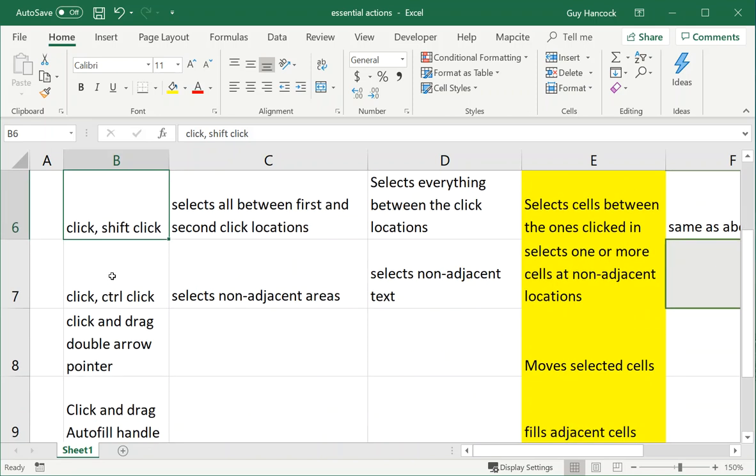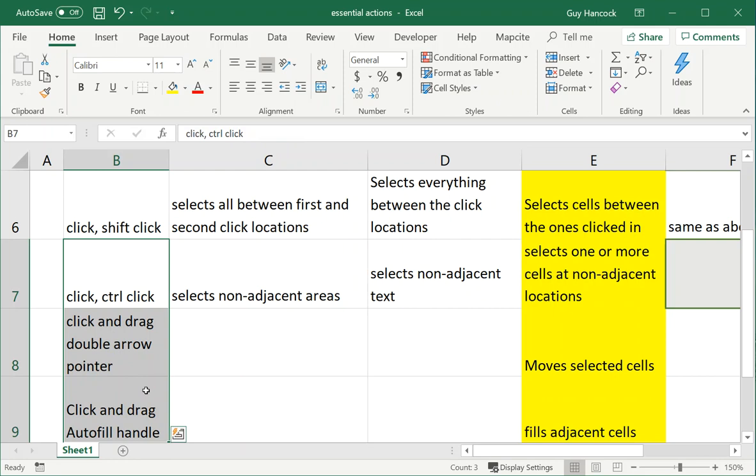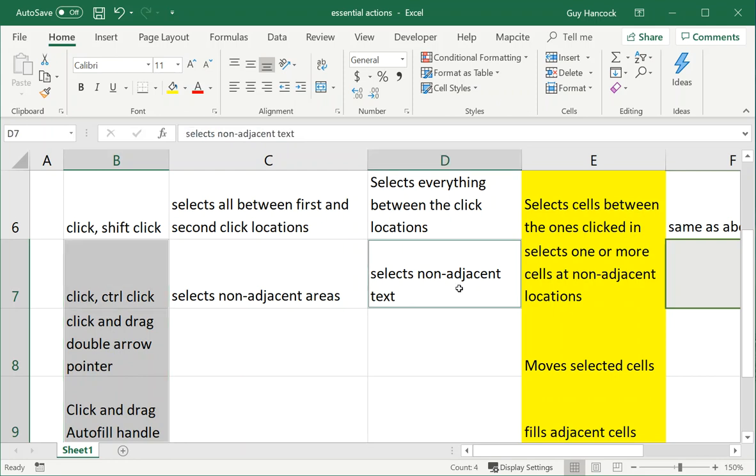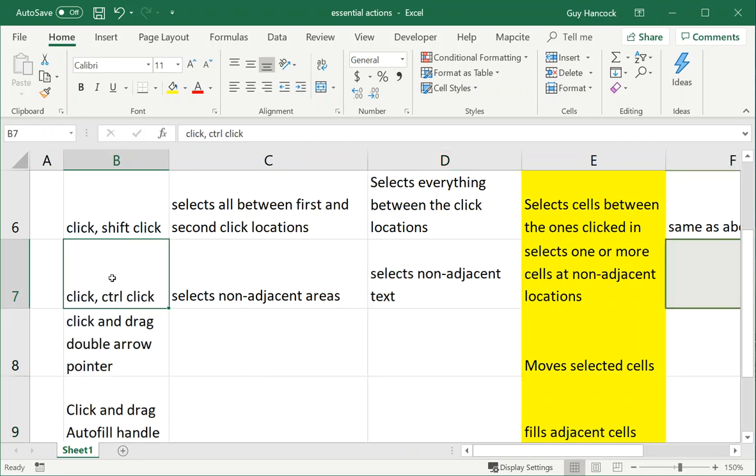Another very useful thing is the control click. So if I click in a cell, hold the control key down, and click in another cell, I've selected both of those cells, but not the ones in between. So this is allowing you to select non-adjacent cells. And you can use that in several ways. So here I clicked 3 cells, hold the control key down, and click and drag and select 3 more. I can hold the control key down and select and drag 3 additional ones. And it works